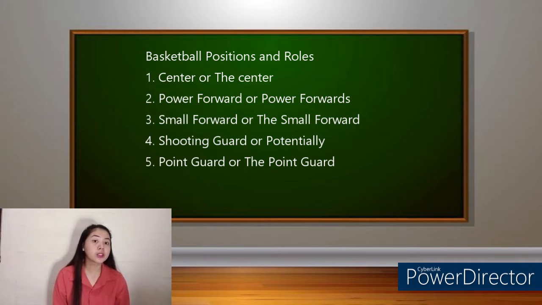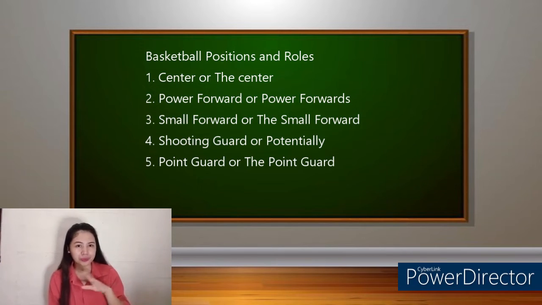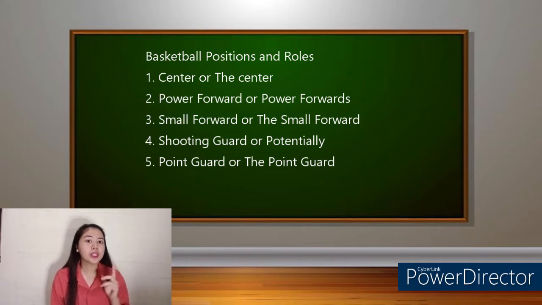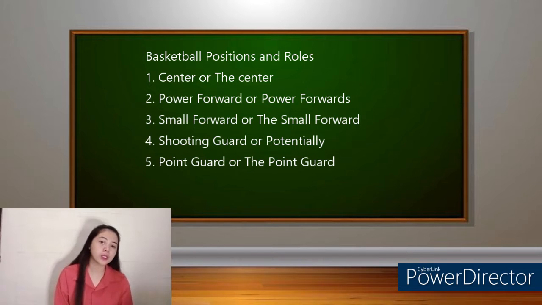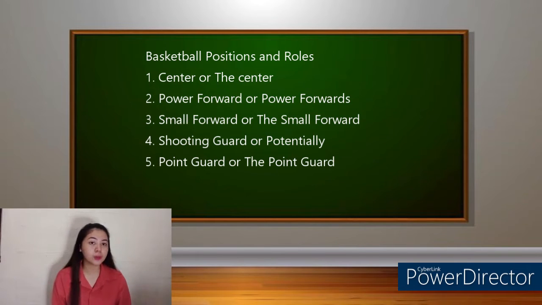The center, like I said earlier, is where we start the game when we have a center in the court. The center is the representative to catch the ball, to play, and you can shoot the ball. The next is the small forward. It's usually the shorter of the two forwards on the team but plays the most versatile role out of the main five positions.